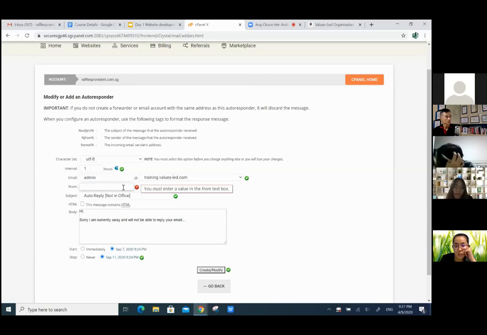Sorry, this is the wrong email. This should be the email that you are currently not able to reply from. So this should be the email that will be shown in your auto respond. Because I'm using this email, whoever sent to this email should be seeing this email as a response. So this will be the subject of the email, and this will be a short text that I'll be sending them. Then you can just create,